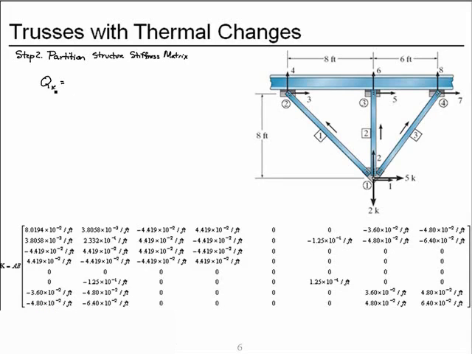The forces that are known at degrees of freedom, which will be the unsupported degrees of freedom, will be the applied loads, the 5 kip and the 2 kip, equals